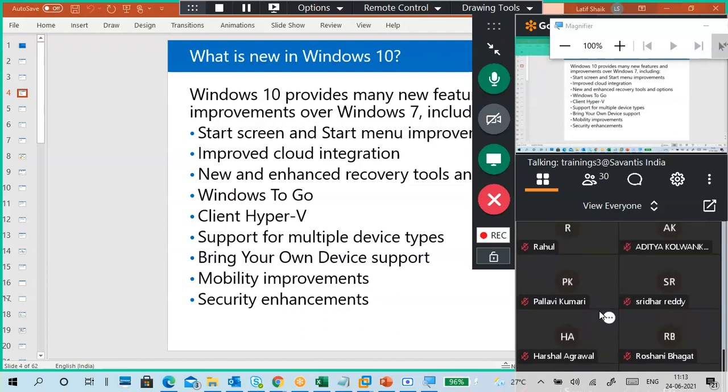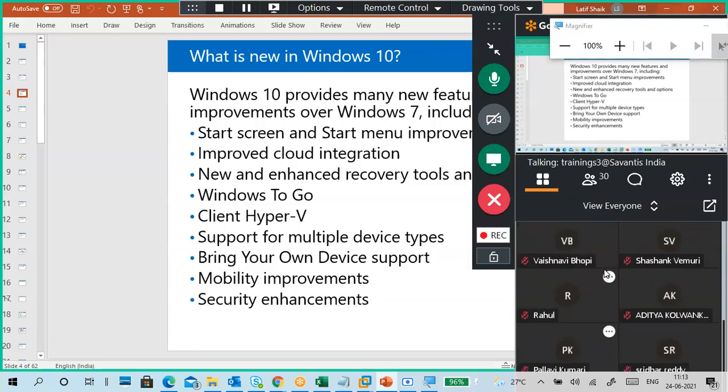Pallavi Kumari. Pallavi Kumari. Maybe mic problem.